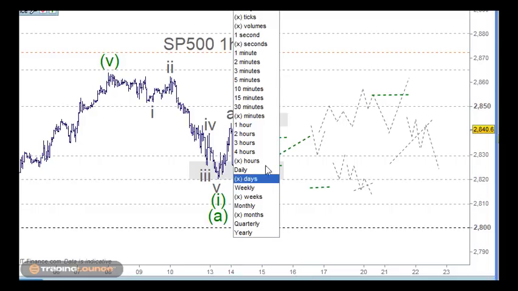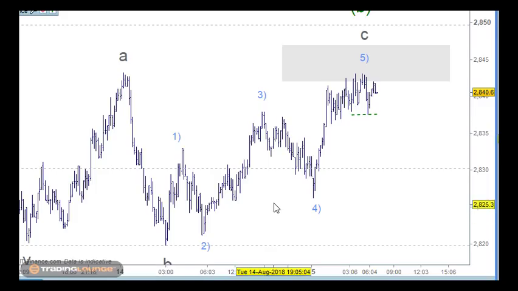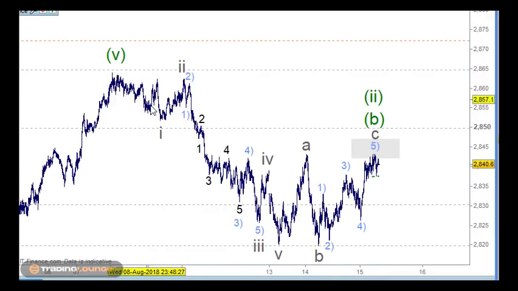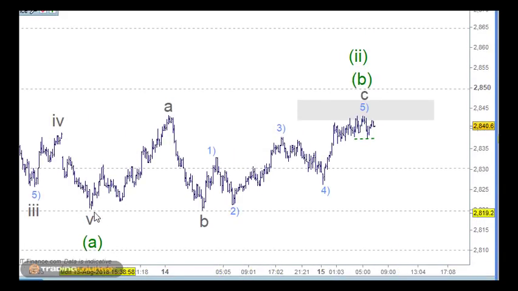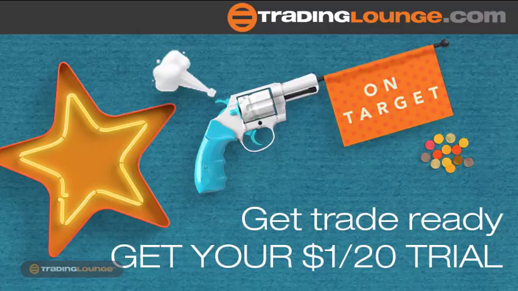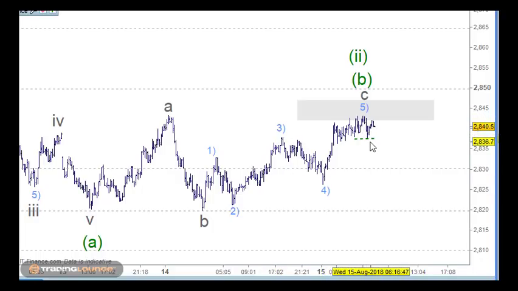I'm just going to dive into the tick chart here, and we'll have a look at this area. From the top here, we've got wave 1 and 2, and then all the way down for wave 3 here, wave 4 here, and wave 5 here. Okay, and then we're looking at the upside here. So we're looking at wave A here, wave B here, and then 5 waves up for wave C here of 1, 2, 3, 4 and 5 here. So you can short under this level here and put the stop up here. You're fighting a trend to the upside, so it's much higher risk, but certainly taking out and looking at